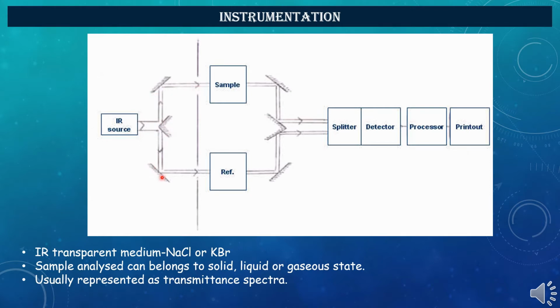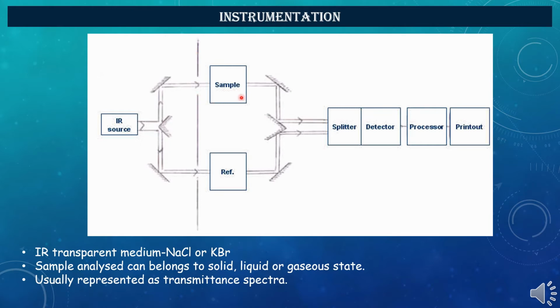The beam from the source is guided and focused to sample through a window made of polished mineral salt, that is sodium chloride or potassium bromide, because it is transparent to higher radiation, whereas glass absorbs most of it. In modern instrument, rotating grating is used to get much better resolving power.